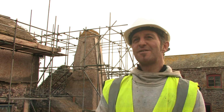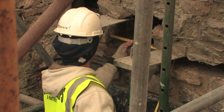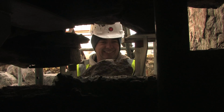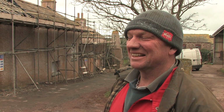Oh yeah, it would have fallen down sooner rather than later. There wasn't much strength left in the lintel. So with the weight of stone on top of there, it's a big mass, it would have come down. It was a challenge, but after the propping we were sure about it. The job was pretty straightforward afterwards. It's very important, and we're glad that it's secured. It's always been one of those overriding worries, and now that the lintel's in, we're